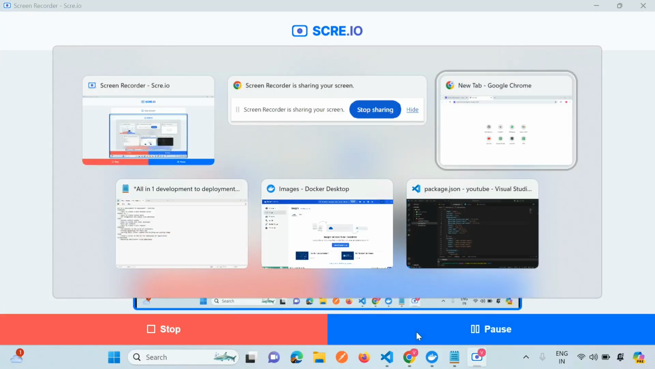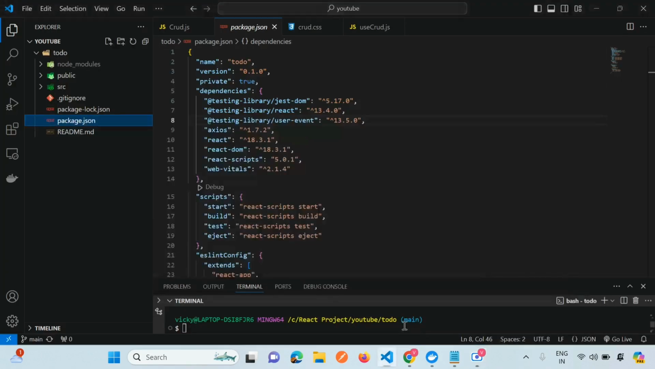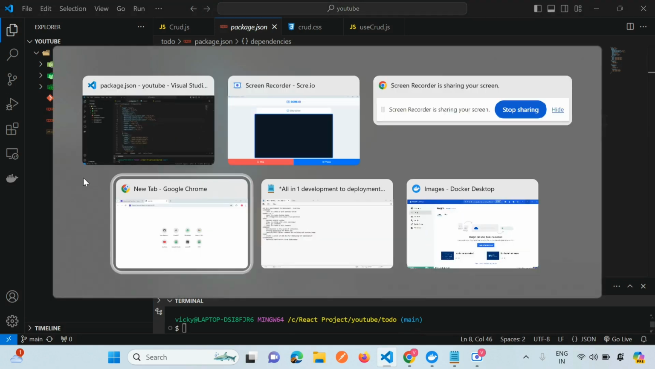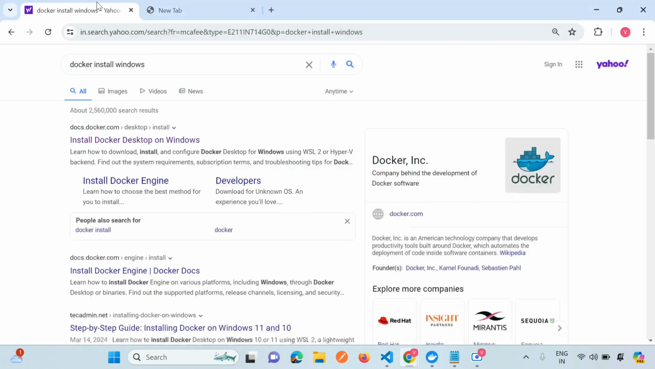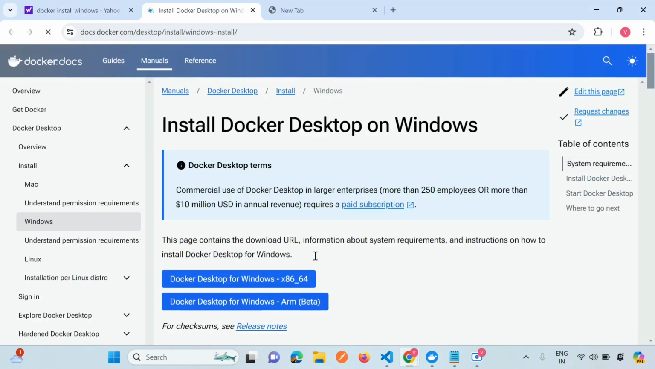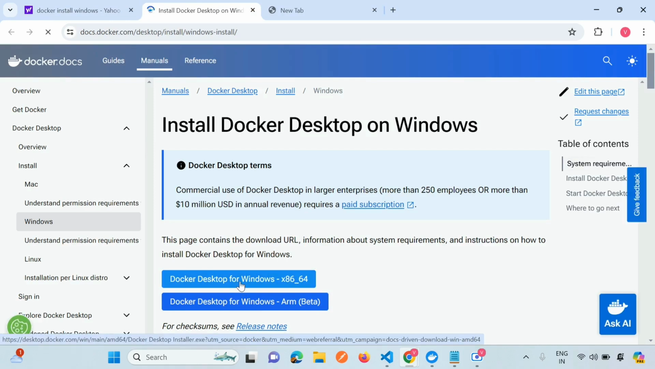Hi everyone. In this video, we will be seeing how to Dockerize our React application and also shift it to the container registry. Firstly, to perform a Docker command, you need to install the Docker CLI on your Windows. If you are using Windows, you can go to this link and then just download Docker Desktop for